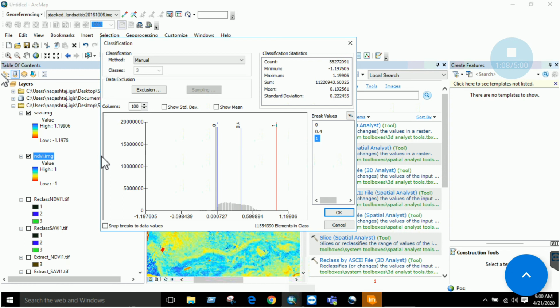Due to the L factor, here you can see that the SAVI value is slightly crossing my upper limit of one. It is 1.1, you can rescale it, right? So just click OK.